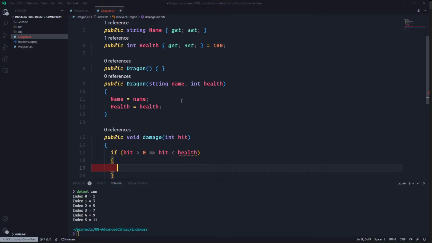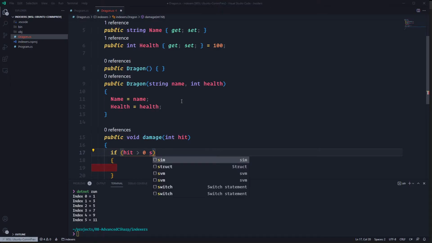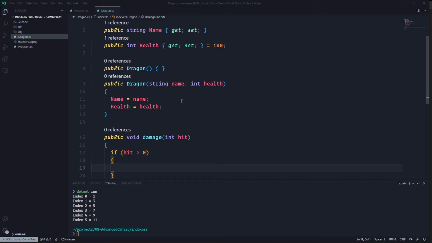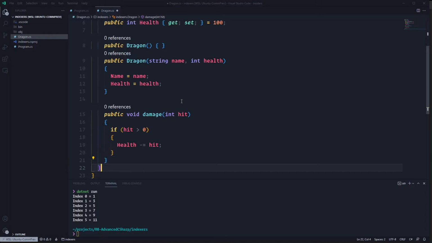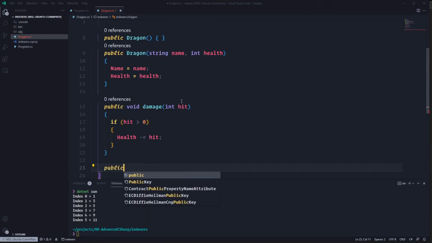Let's do, actually let's keep this: hit is bigger than 0. And let's do a simple health minus equal the hit, right? As simple as that. And let's create another public method, and I believe we can actually do